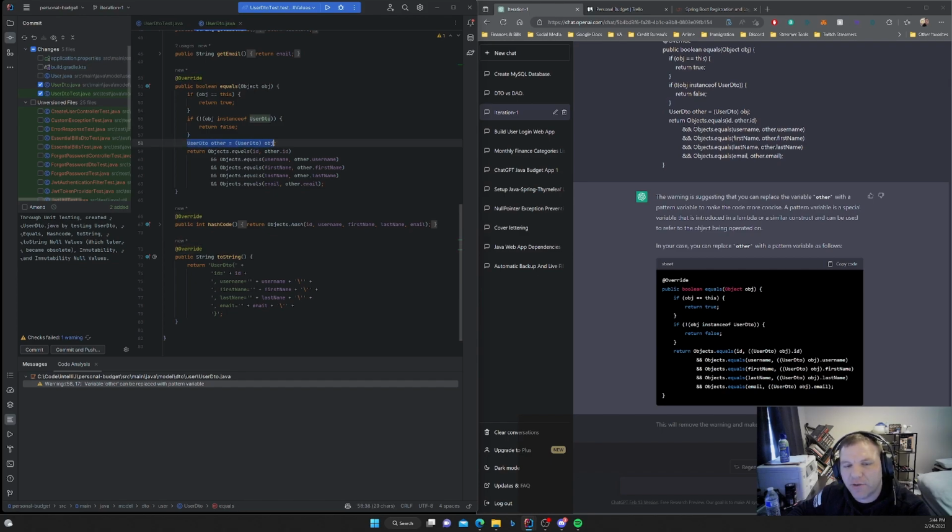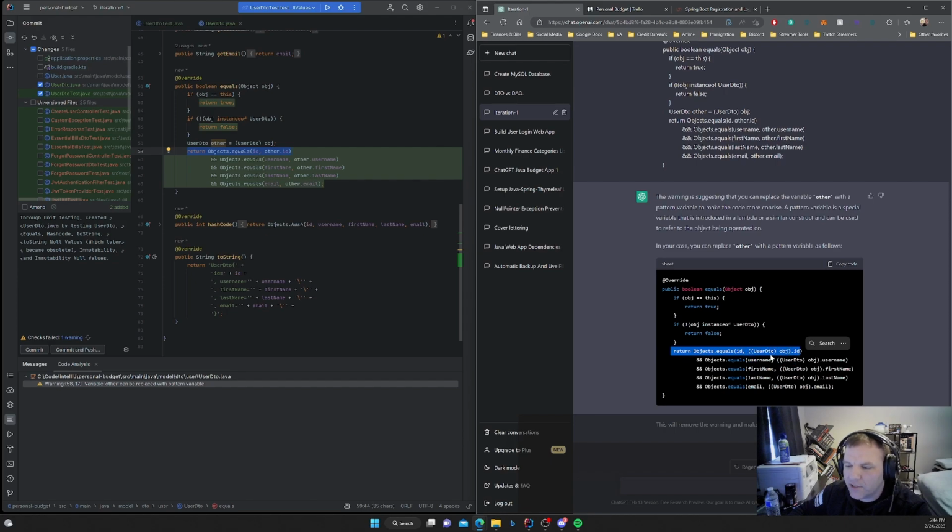The user other disappears. So now, oh okay, the difference is right here: it says return Objects.equals(id, other.id). Here it says return Objects.equals(id, ...), then it inserts userDto.id.